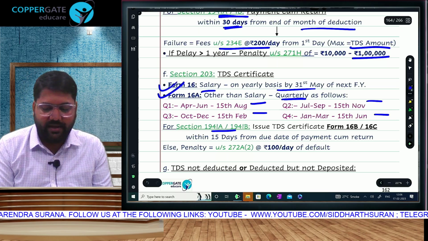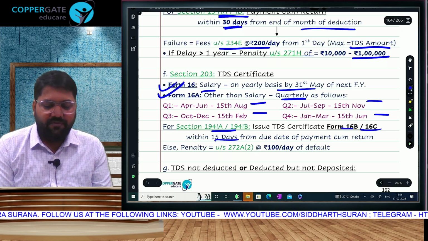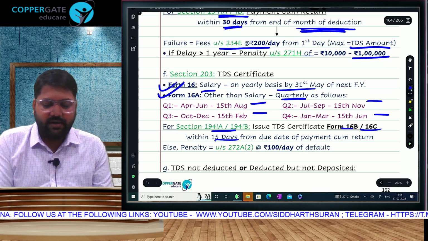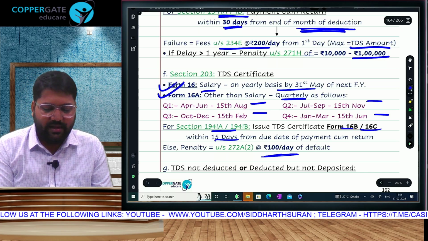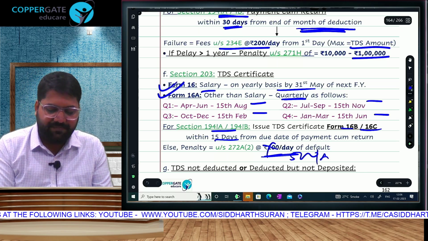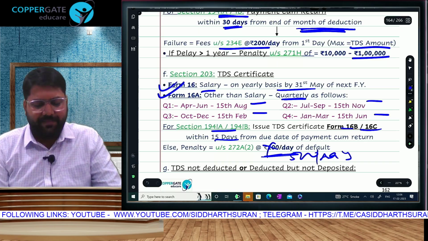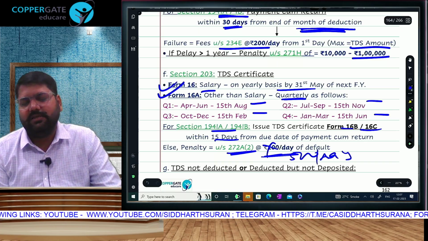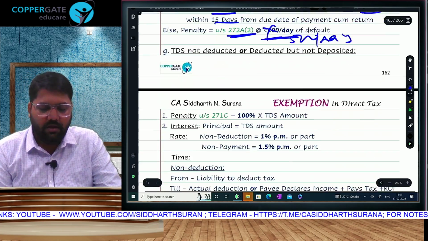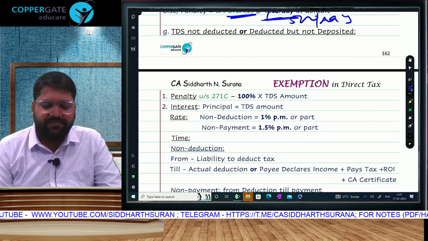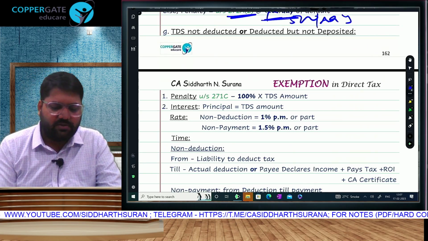And for 26Q-type forms, 16B and 16C, within 15 days from this due date, basically 15 days के अंदर delay का year also, this is an amendment, it will become 500 rupees per day का penalty. This is amended, but this is such an irrelevant part that it is okay, you can ignore it also. Interest will come, penalty will come for all other failures also.